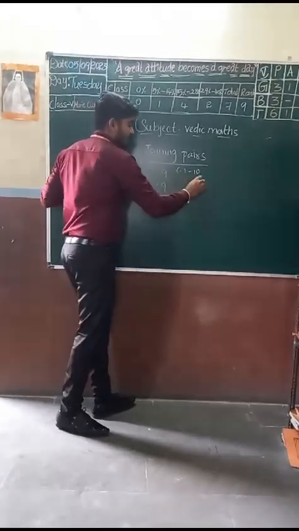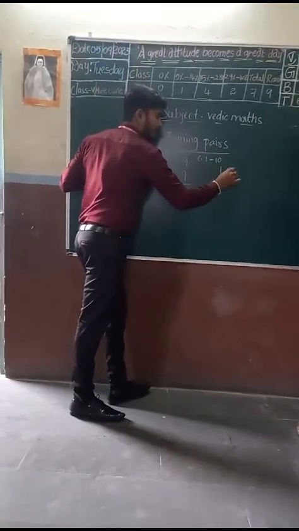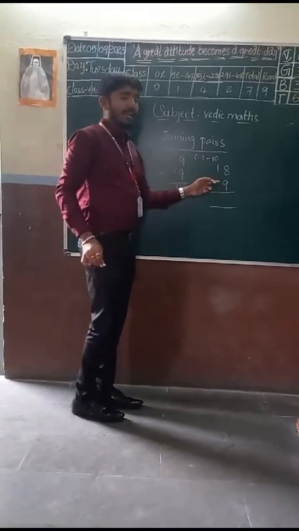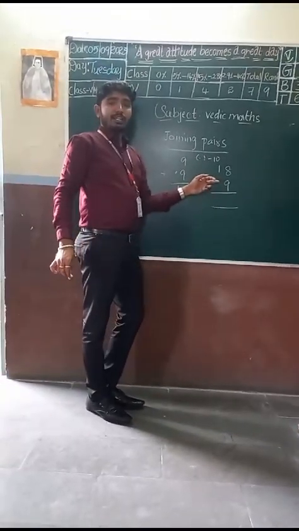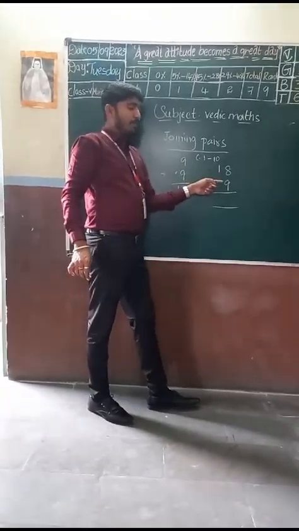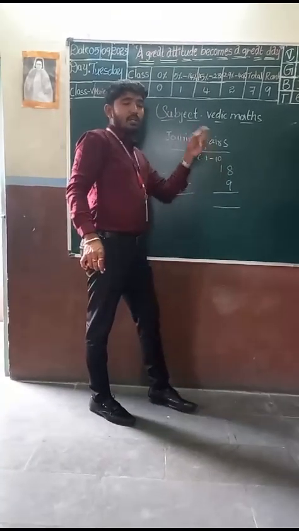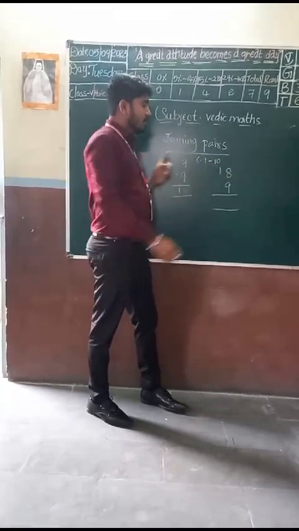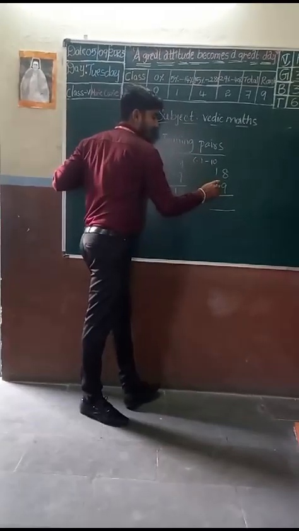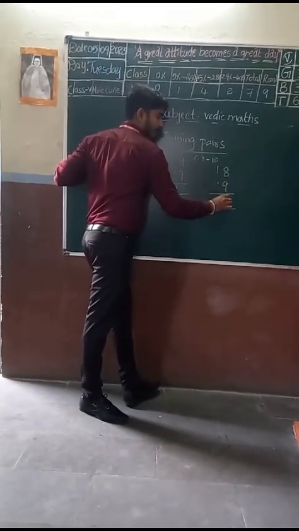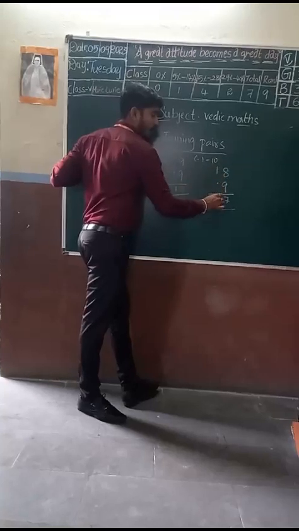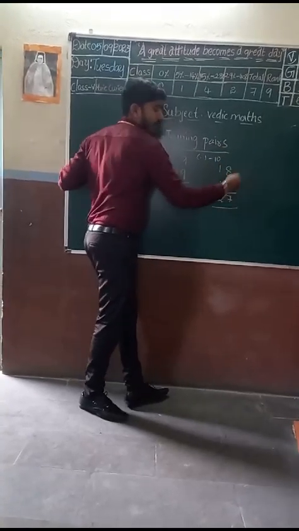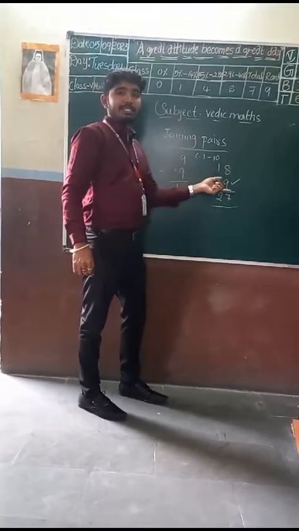Now I am using 2 numbers. 18 plus 9. So what is 18 plus 9? 9 plus 9 is 18. So now 9 plus 8 is 17, because we learn the pairs. Pairs we can learn easily, we can get this. So 17, keep the left side dot and 7. 1 plus 1 is 2. Otherwise, you can keep the right one. You will get that easily.